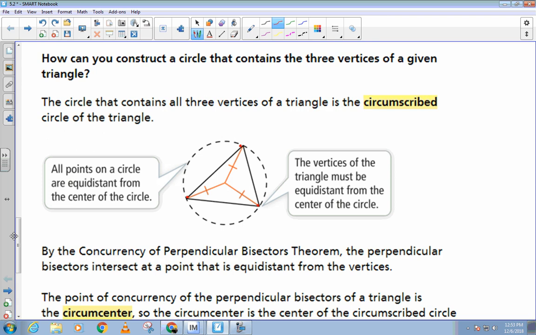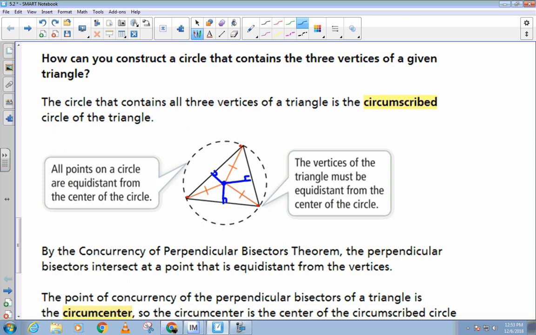So what happens is we create the perpendicular bisector of each one of the sides of the triangle. Okay? So if I did the perpendicular bisector here, and I did the perpendicular bisector here and here. Okay? They intersect at this point called the what? The circumcenter. Okay? And this circumcenter right here, then, we know by what we just learned, is equidistant to the